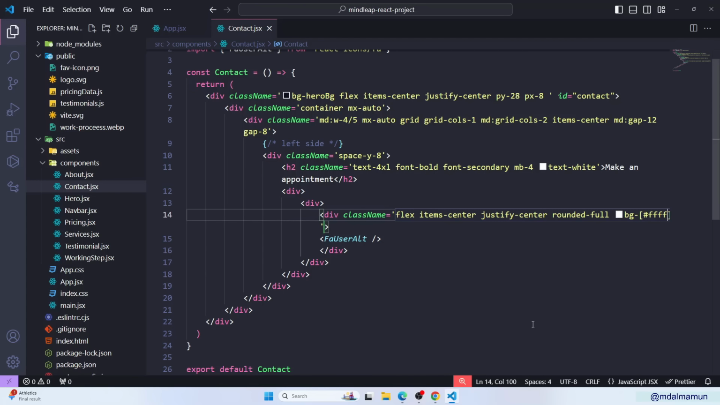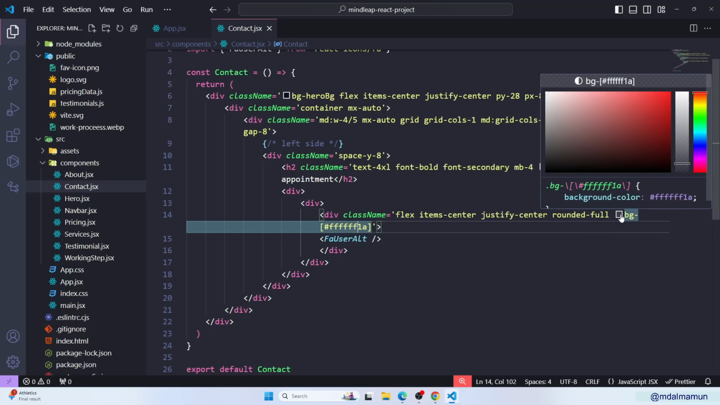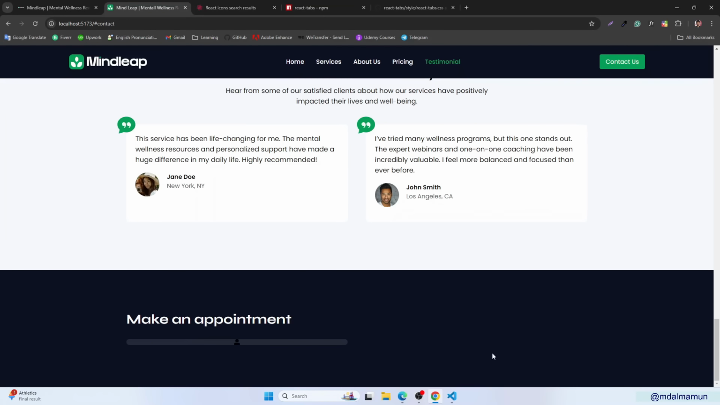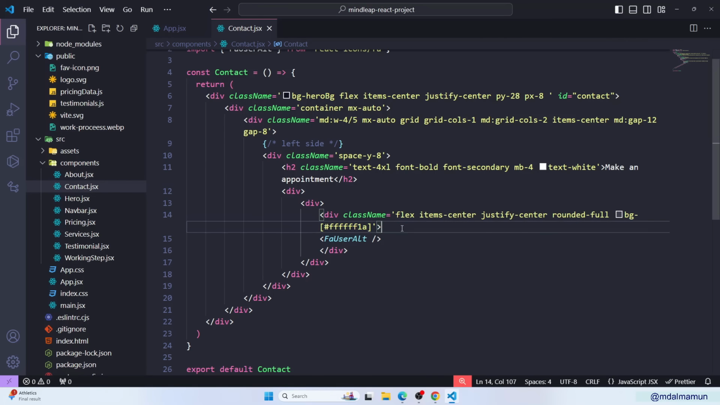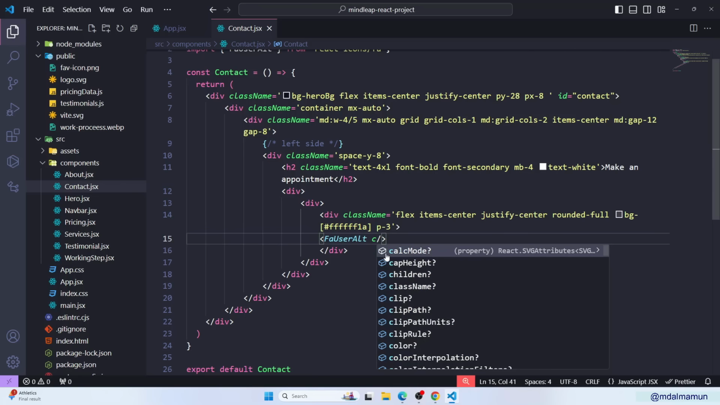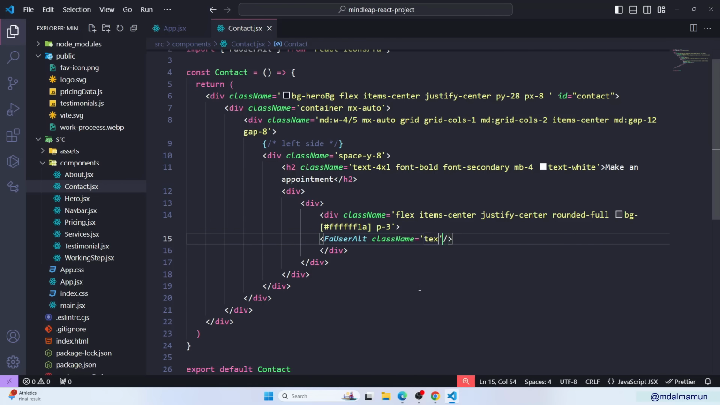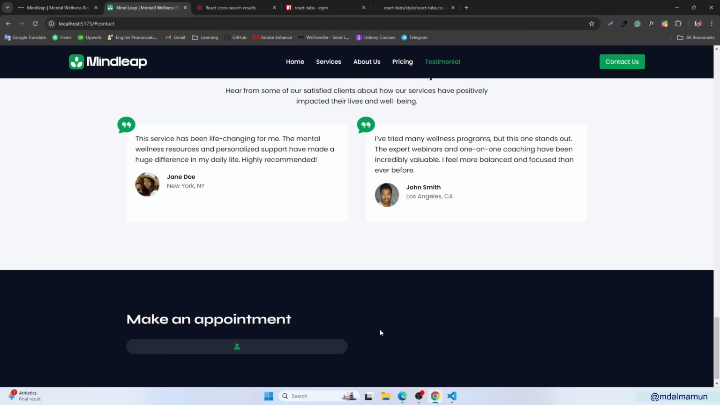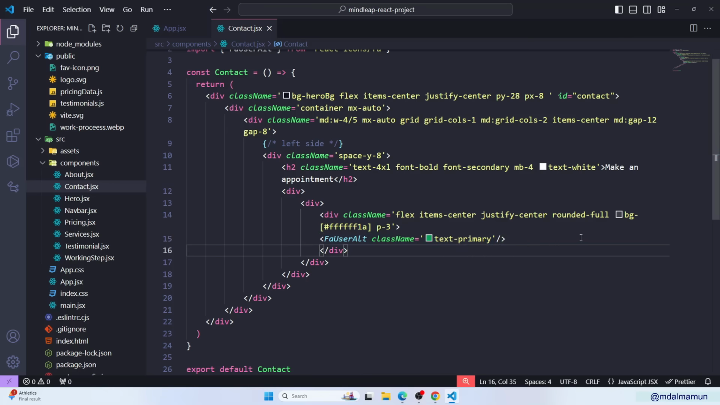On something like this. Okay, this type of colors, I think it's okay. Let me check. Then we'll add some padding, so p3. And here on the world you can simply define class name text primary. Okay, let me check. Here is the icons. And then actually